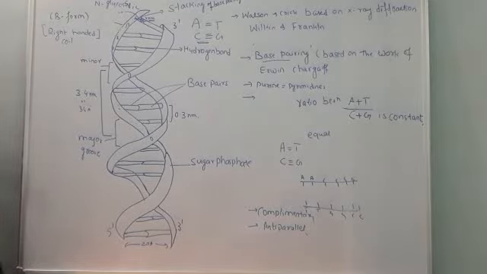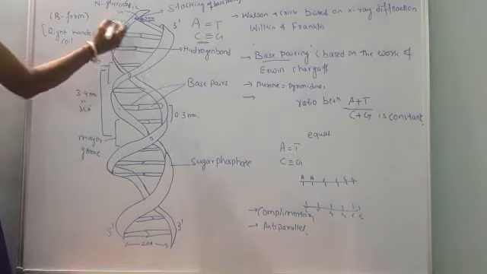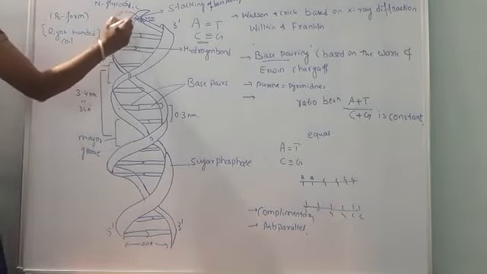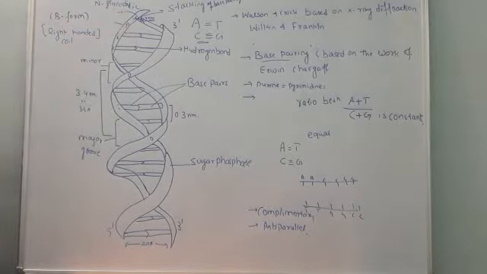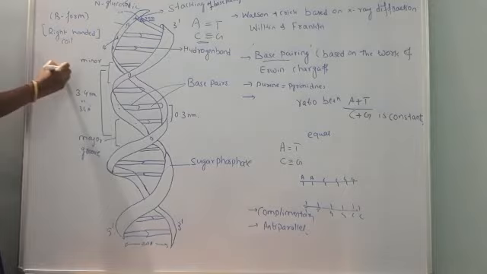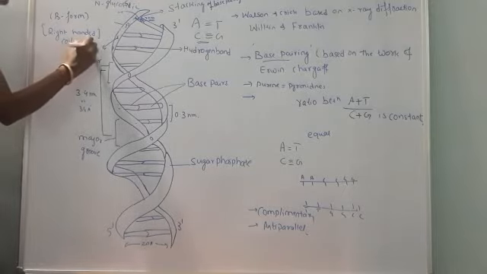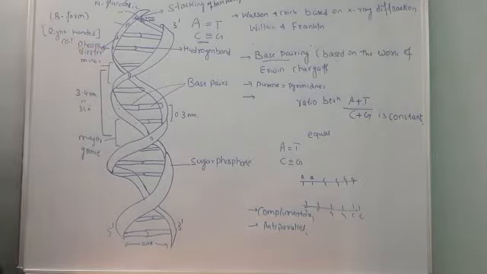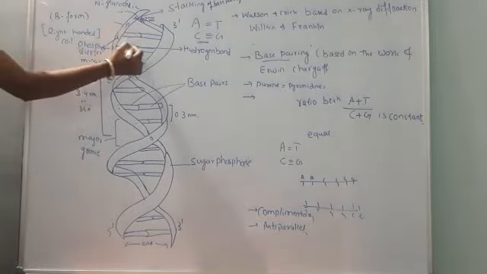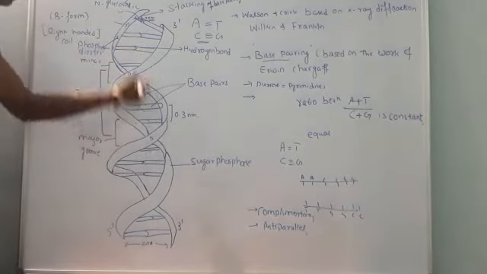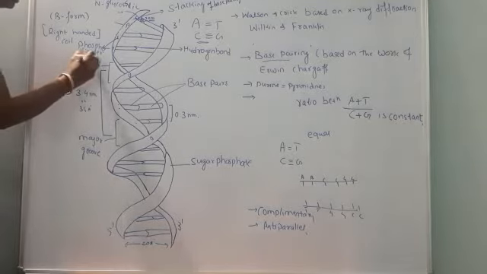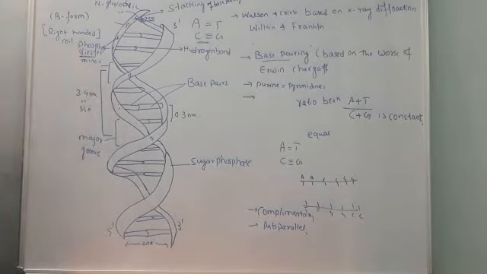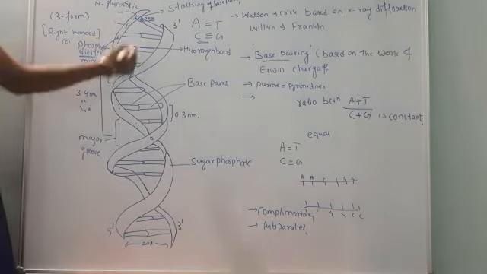And there is one more important bond that is found between the nucleotides. So each nucleotide is attached to the next by a bond known as phosphodiester bond. So the subsequent nucleotides are held together, the long polymer is held together, by the ester bond, that is phosphodiester bond, which gives a stable structure to the DNA.